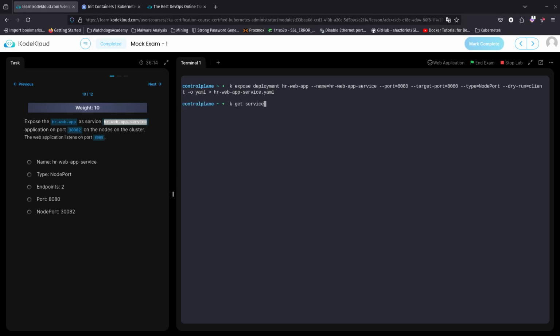Okay, get service. There's no service here. Oh, the messaging service that we created, but it didn't create the HR web app service because we did a dry run. So basically it doesn't run it. It just saves it into this HR app service.yaml file. So if we go here now, we go to HR,